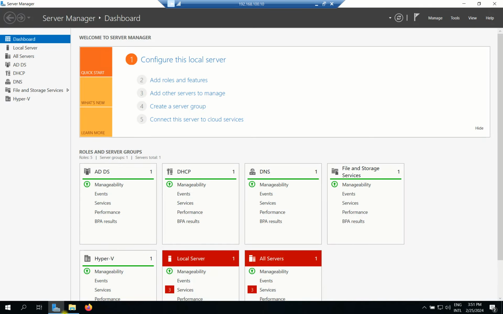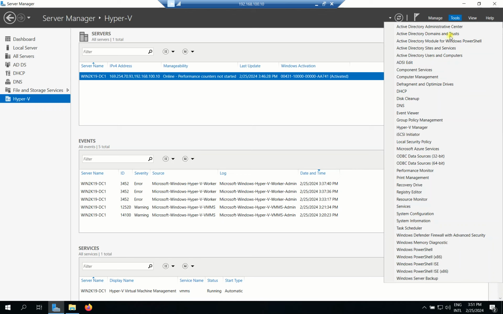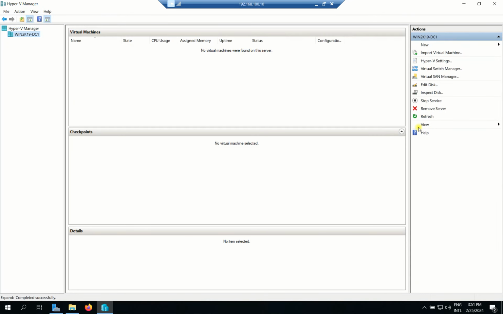Okay, so now we go to our Server Manager. If our service is installed, you can see Hyper-V here. Now I go to Tools and you find the word Hyper-V. In this Hyper-V, which I installed on my physical server,